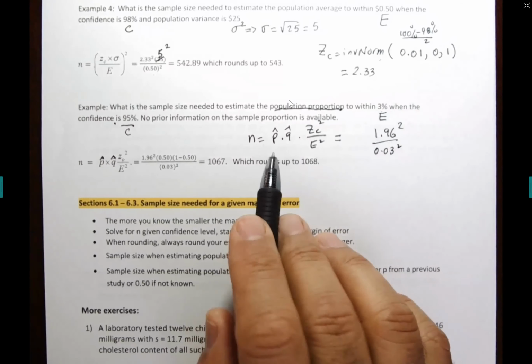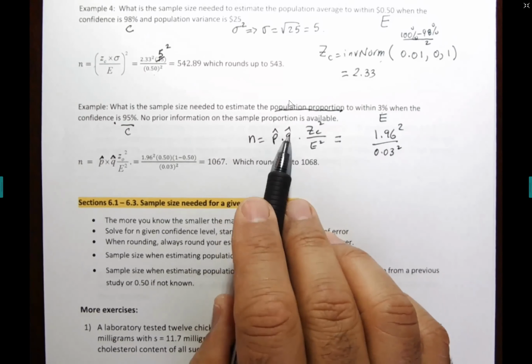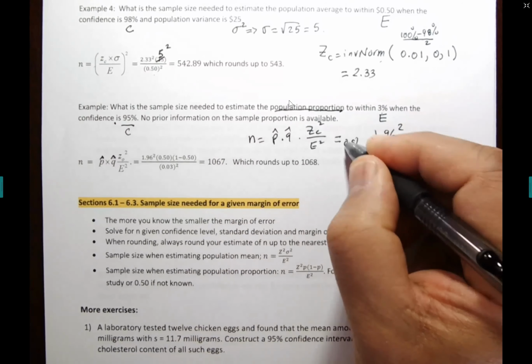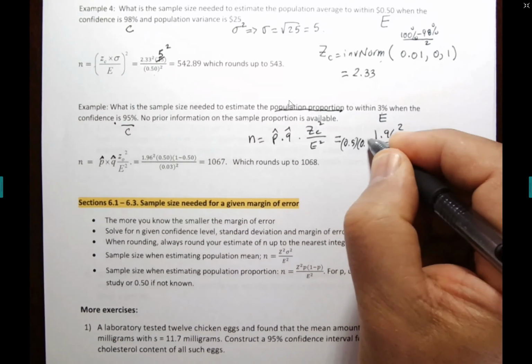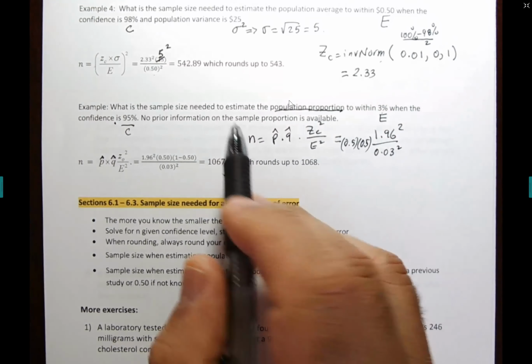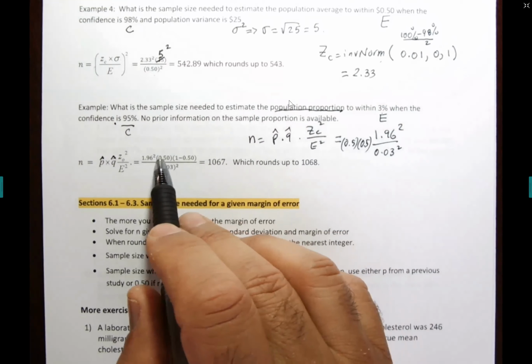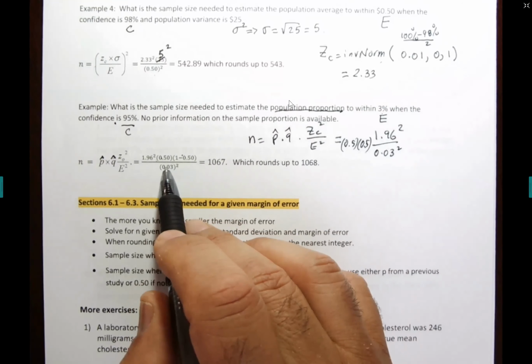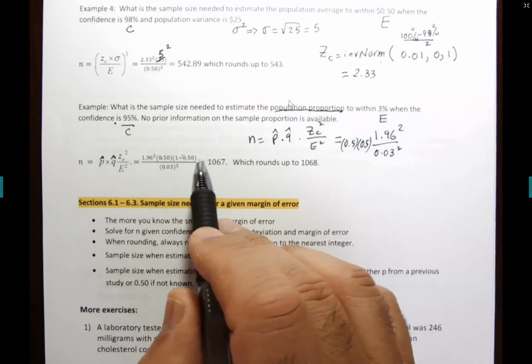Now, he didn't give me prior information about the P hat and Q hat. And remember yesterday, we decided to use 0.5 and 0.5 if no prior information is given. So, if you do the math, guys, I did it right here. 0.5 times 0.5 times 1.96 squared divided by 0.03 squared, it will give you